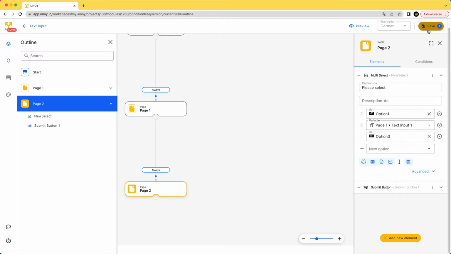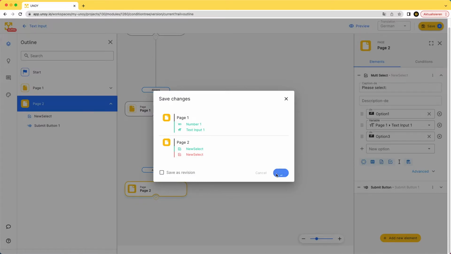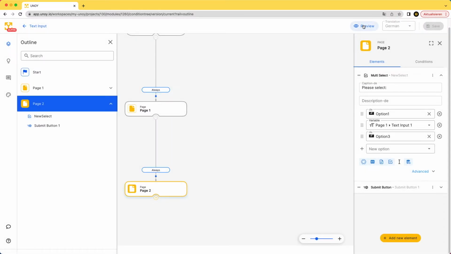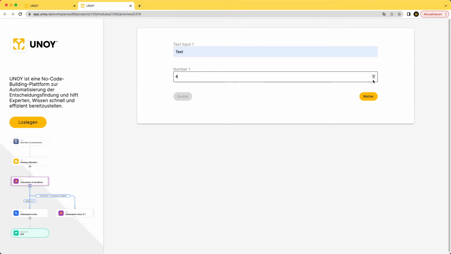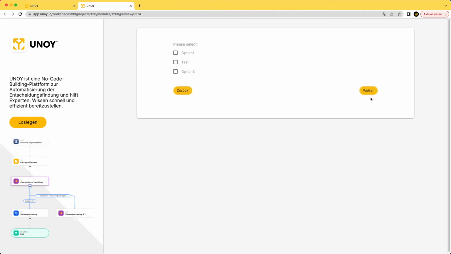Let's save and press Preview to have a look at our select box. This is page 1 with the text input field and also a number input field. Press Next, and now you see our select box. So this is the caption, and here we have multiple options. Option 2 is the text I just typed in on the first page. Let's go back